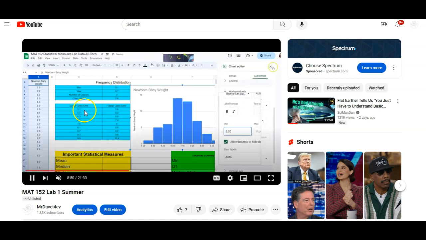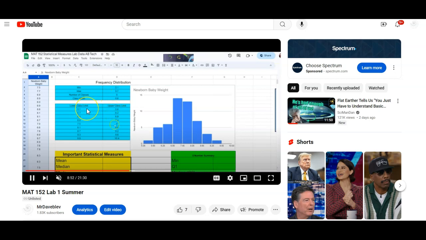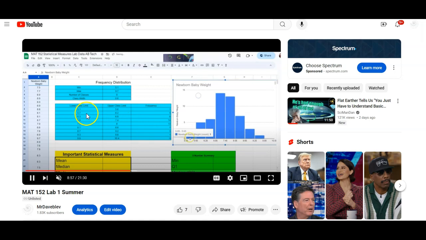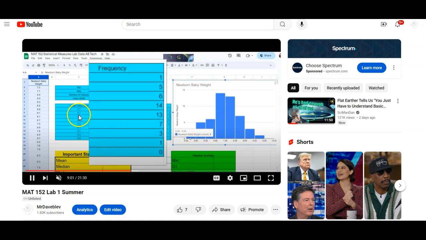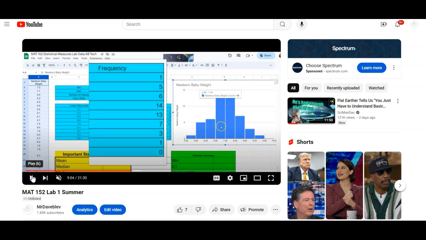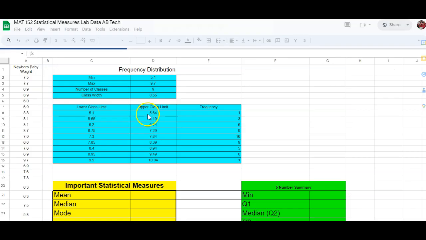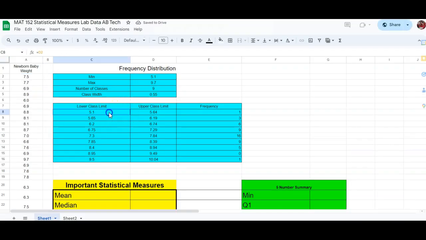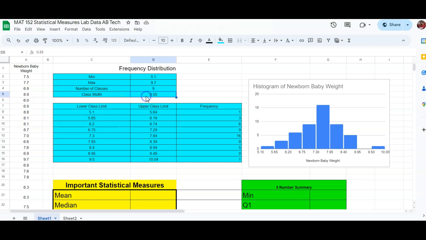And the boundaries, like you see in your textbook, would be halfway between these. Like 5.65 would be the boundary between 5.6 and 5.7. So anyway, if you did the class boundaries, the numbers would be a little bit different than they were in the video. And so what I did, I went ahead and made the class width be 0.55 like I did